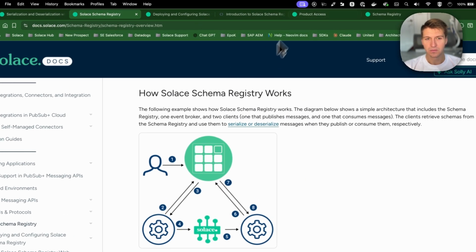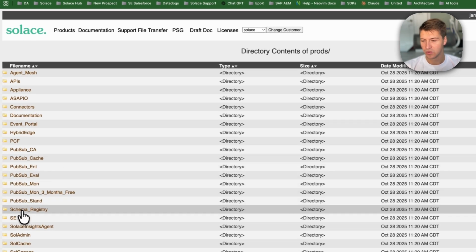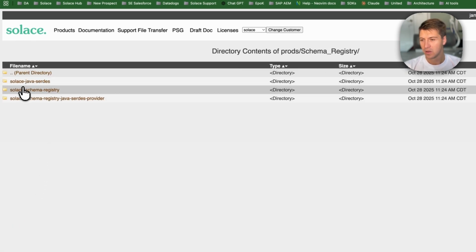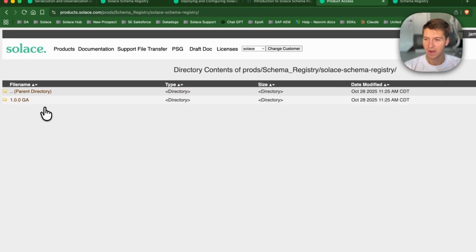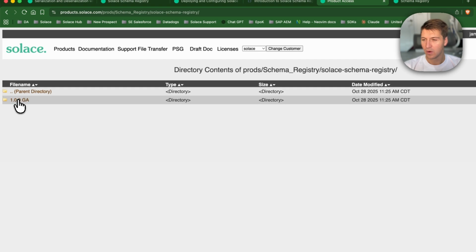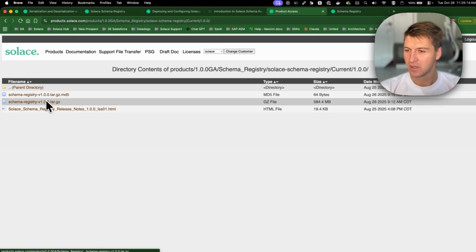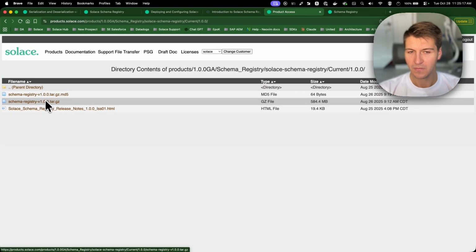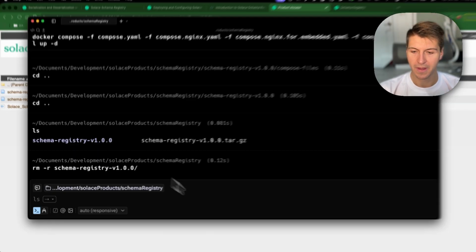and download it. You can find it in your product access portal by going to Schema Registry, drilling in on the Solace Schema Registry item here. Ignore the SARE days for now, we'll come back to those. Right now we're at 1.0.0 GA, but you'll select the latest version or the version that you want to install, current, and actually grab this tar zip of the file and install it in the location where you would like it. I had previously downloaded this file already, so I'll change over to my terminal where we have it